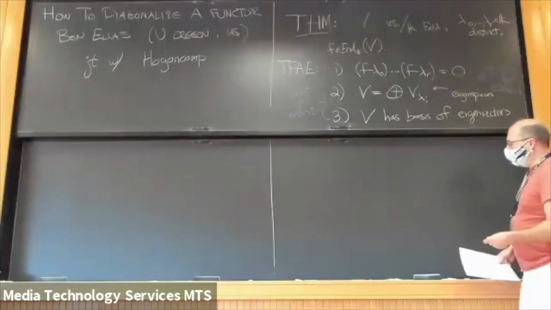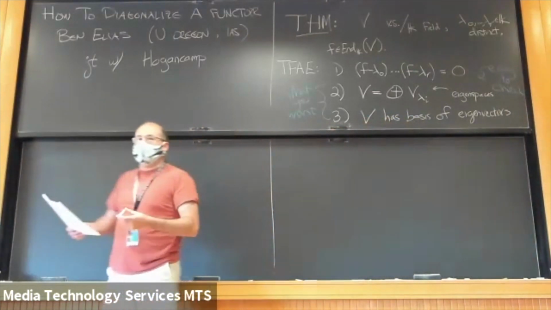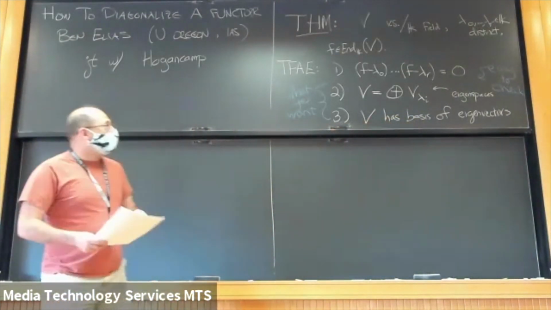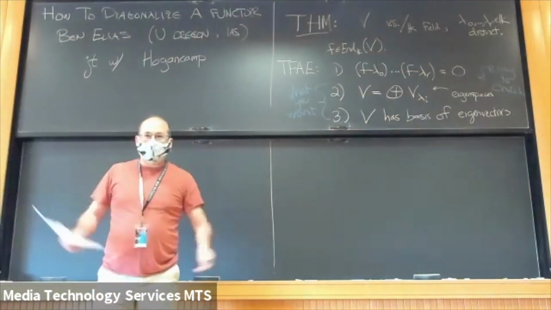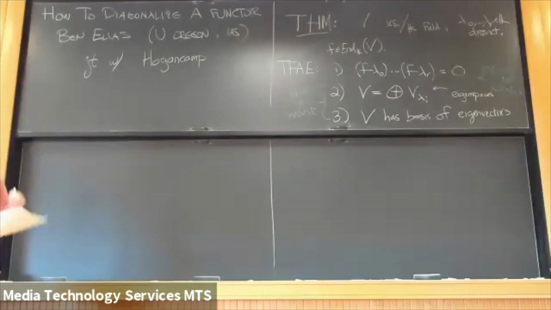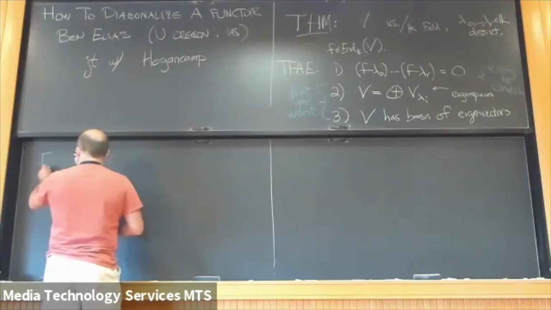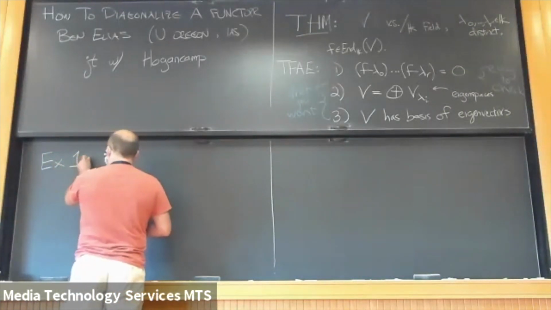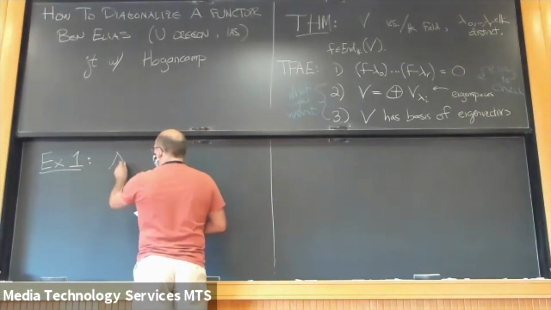So before I talk about what categorification of this would mean and why you would care, I first want to motivate diagonalization itself in at least one context. I mean, we've already seen many talks that have talked about eigenfunctions and all this stuff. But here's the context that I like diagonalization in. So I'm a representation theorist, so here's an application to representation theory. Exhibit 1. So if A is a semi-simple algebra,